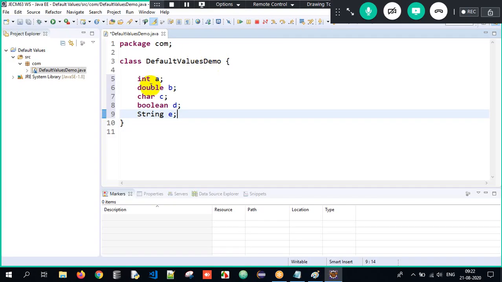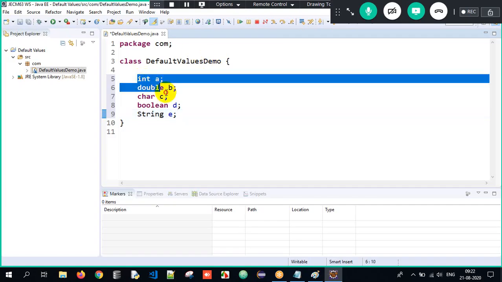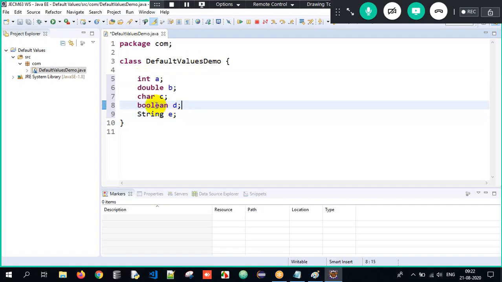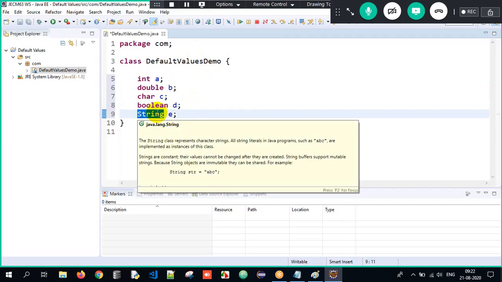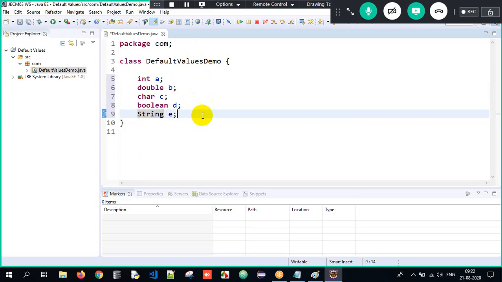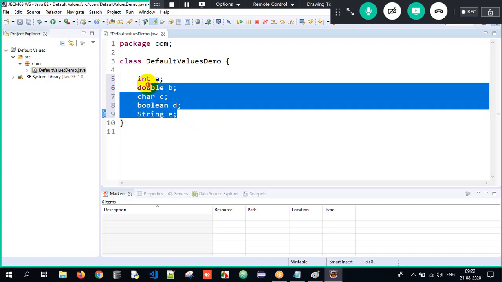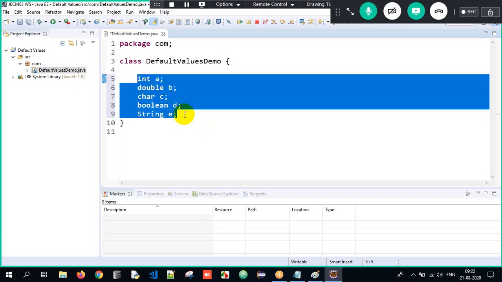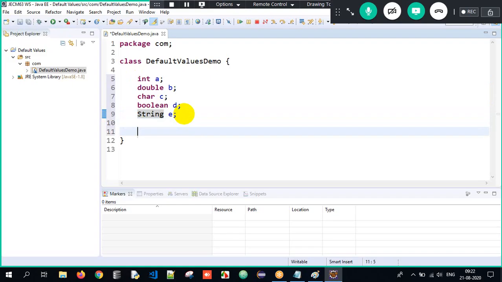But if you closely observe, these four have changed their color, correct? Boolean, char, double, int here. Why? Because they're all keywords. But string is a class, a predefined class. But we will talk about everything later, guys. Not everything in a single day. Slowly only we'll understand. Now I have declared 5 variables here, and all the 5 variables are non-static variables,